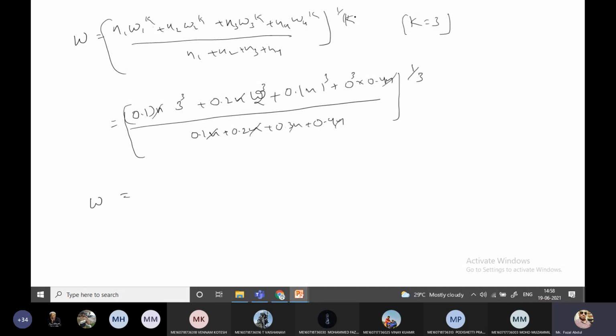Here I am taking K as 3 because the question mentions a ball bearing. If it is mentioned as a roller bearing, we have to take the K value as 10 by 3. So K equals 3 for ball bearing, and 10 by 3 for roller bearing. This is a common question continuously every year in the GATE examination. Every year they ask what the K value is in this equation. If you remember it, you can easily get 1 mark in the GATE examination. Very important. If you see the previous papers, this is a regular question.